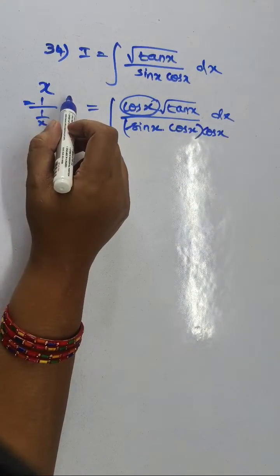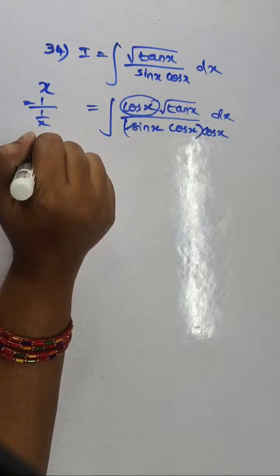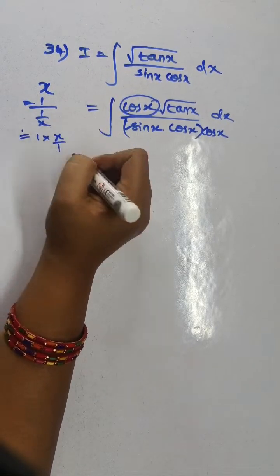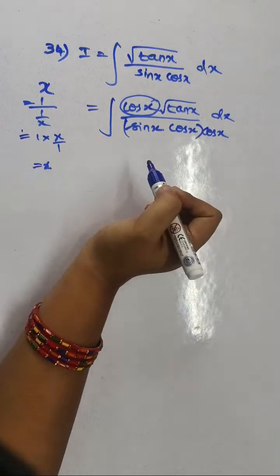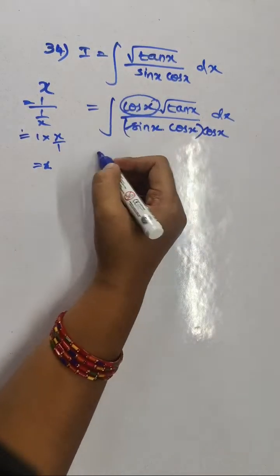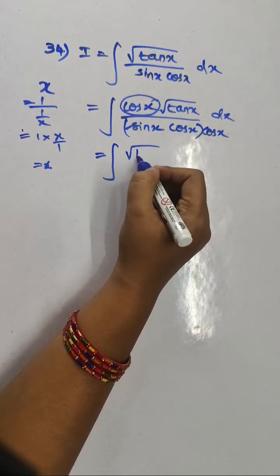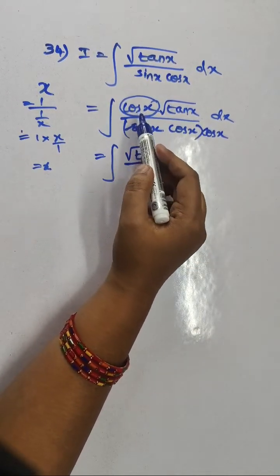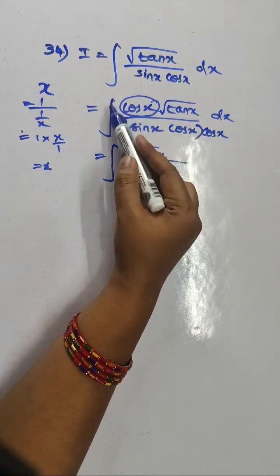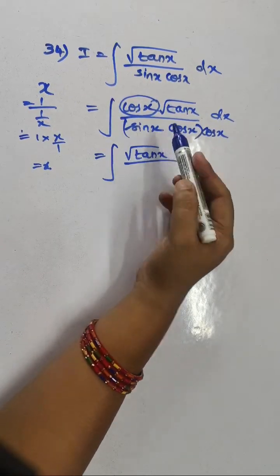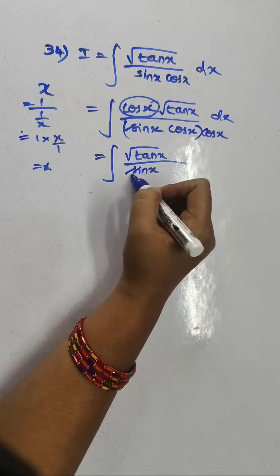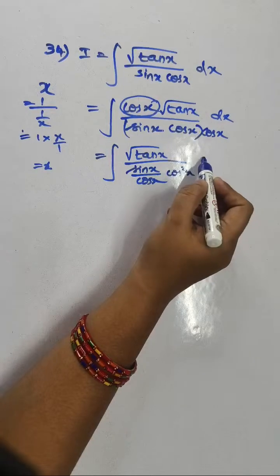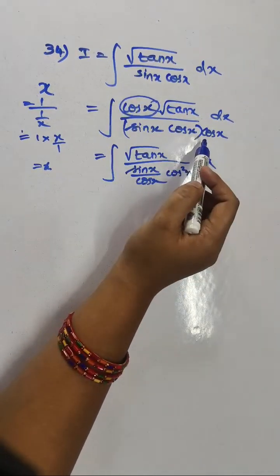We are just rearranging, because 1 into the reciprocal of the denominator gives us back the same thing. So we are taking this cos x to the denominator as 1 by 1 by cos x, so that I can combine sin and cos. So taking cos x to the denominator, that will become sin x by cos x, and cos x is cos square x. We are multiplying and dividing by cos x,